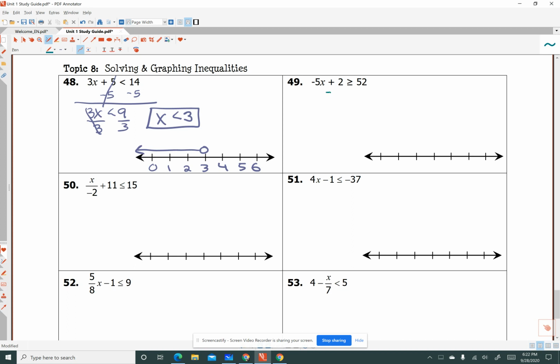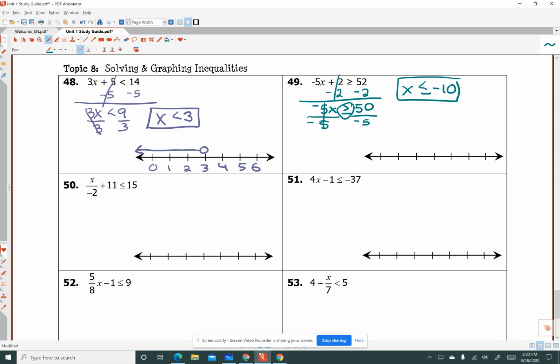Okay, subtract 2 from both sides so that I can isolate that 5x. So I have negative 5x is greater than or equal to 50. And now I need to divide both sides by negative 5, but let's not forget what we need to know with an inequality is that when you multiply or divide by a negative, you have to flip that inequality sign. So now I will have x, I'll flip the sign, is less than or equal to negative 10,